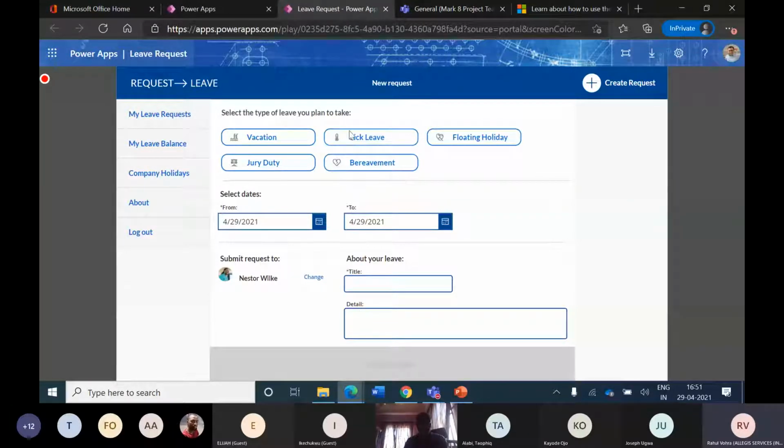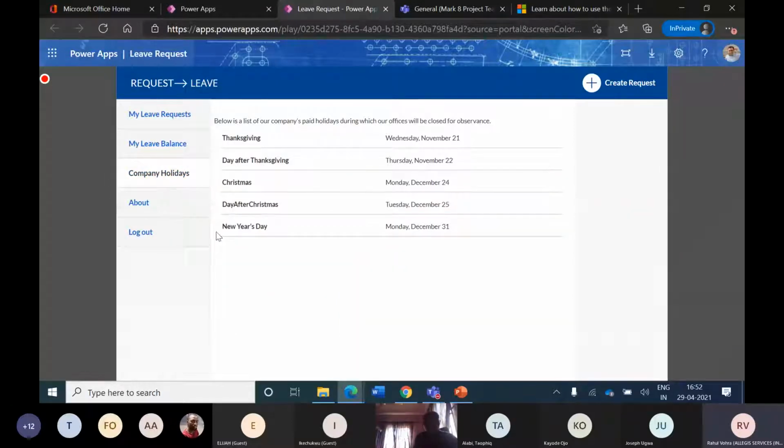And let's remember that these are all customizable because this is all data driven. We can always go and tweak, like we can always go and add a new leave type or remove a leave type. Stuff like that can be done. Date, that is the duration, to whom it is being addressed, submitted, then details of the request like this.